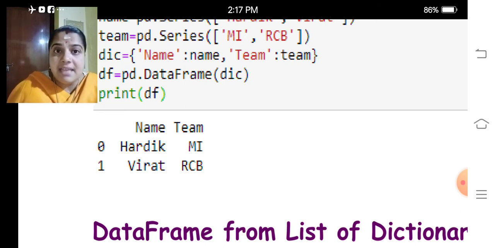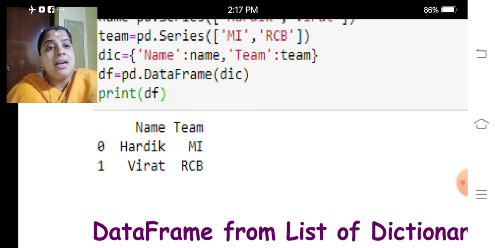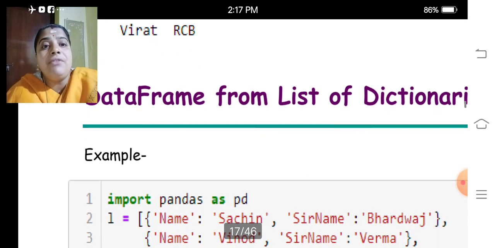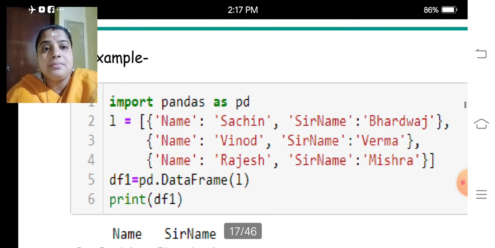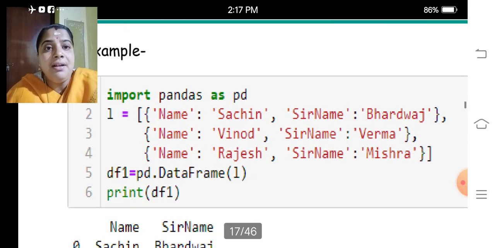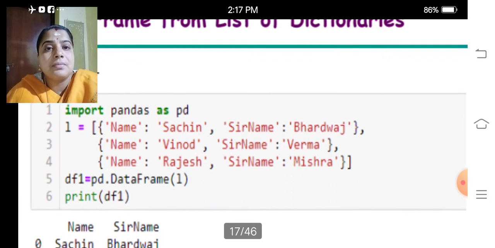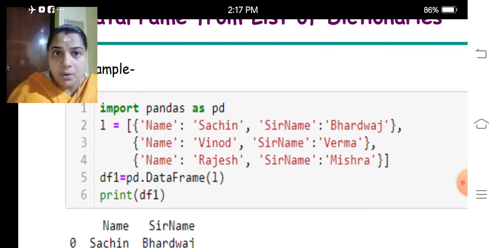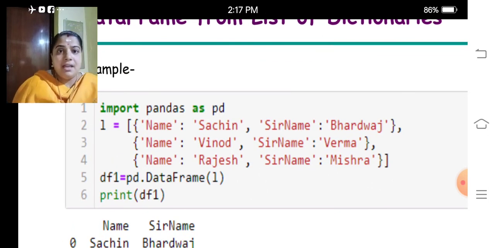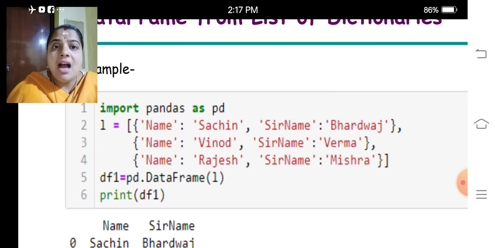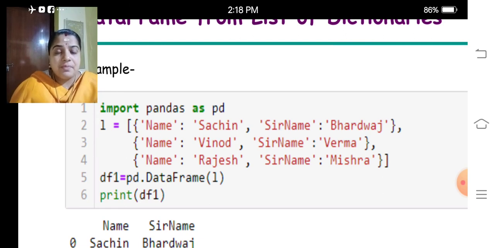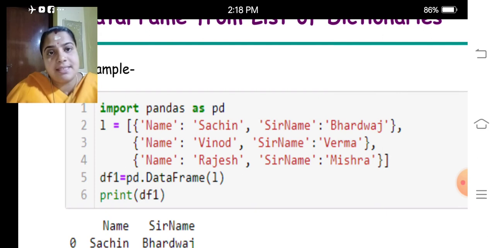Then another example we have to discuss is a data frame from a list of dictionaries. Look at the example given. Import pandas as pd. Here L is a list of dictionaries.